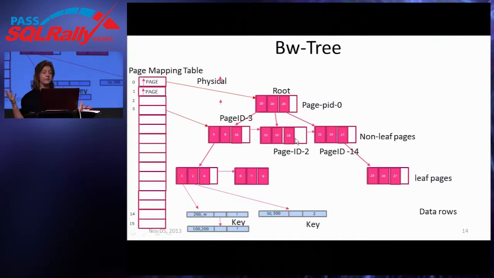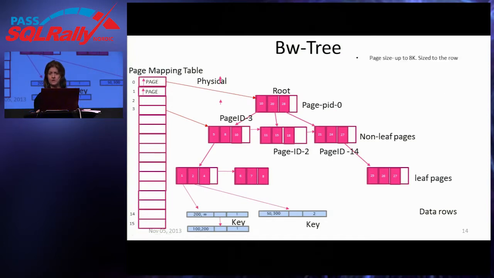So the upper levels, or the leaf and the upper levels, the index pages, are what allow SQL Server to get to the rows. It doesn't use hashing, it uses an ordered search. And this is what allows a BW tree to be used if you have a range search or need to get the data in a particular order. But once we have duplicates, that's when we have the chaining, just like we do for hash indexes.